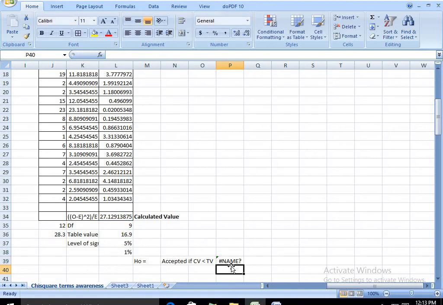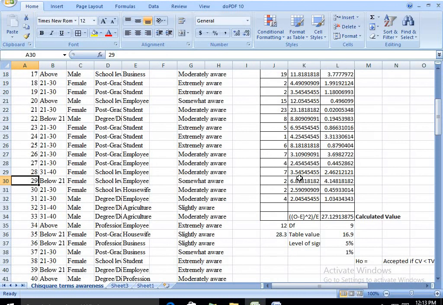So this is the answer. I gave the equal sign just to know whether it is greater or lesser. Since it is greater, the true factor has come. Since it is true, it has been rejected. This is how you will be preparing the chi-square test in Excel.